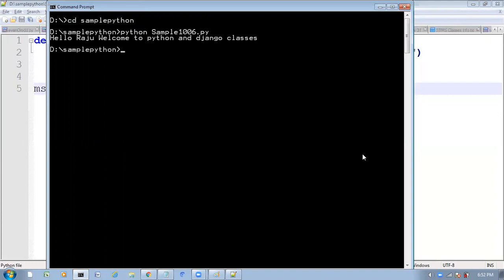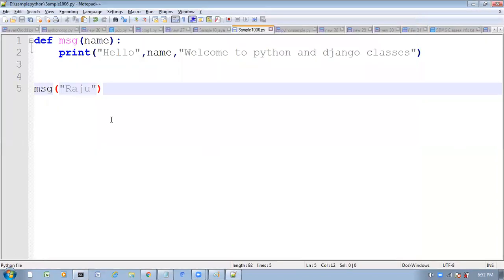Now observe very carefully. If name is equal to Raju, then only I want to print hello Raju, welcome to Python and Django classes. If name is other than Raju, I want to print hello so and so person, please welcome to Java classes.